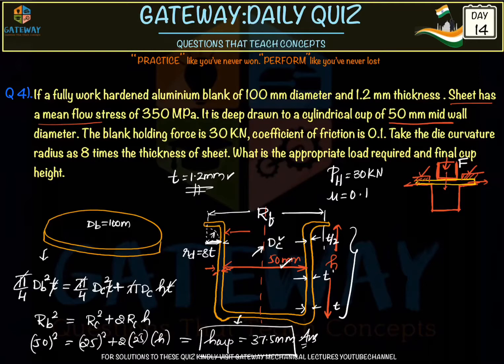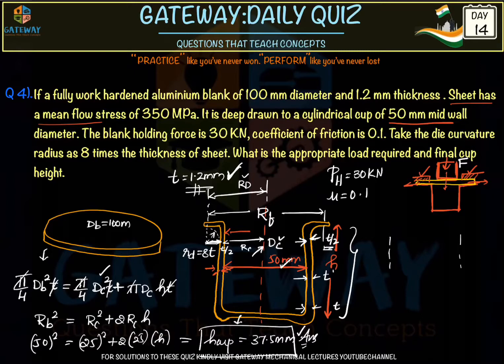So the overall thickness is not constant. That is why in our question we assume a mean thickness to calculate the value of height. This height is not the exact height, but we use the given original thickness as a mean thickness to calculate height. But close to the holder the thickness will be very less, almost t by 2. That is why, when calculating the value of RD, it is calculated from here. This is the value of RD. This is RC, and here the thickness is t by 2, and also the small RD.